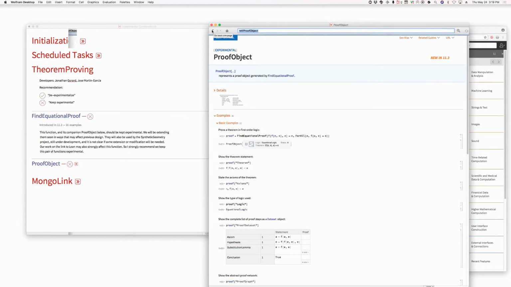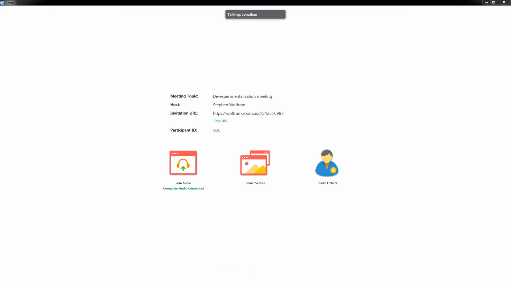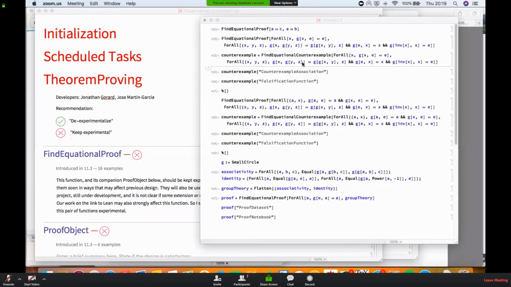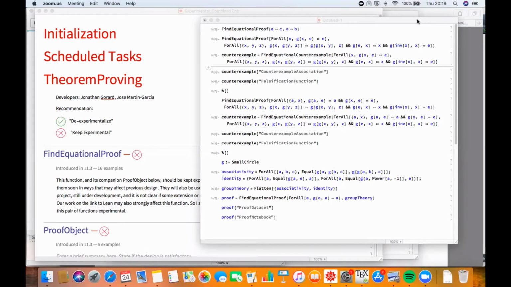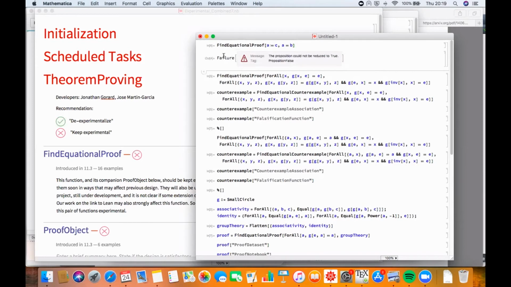Oh, that's interesting. And so if you want, I can show you the prototype of the counterexample object. Let's see it. I had no idea this was coming. This is cool. Yeah, I haven't worked on this for about a month or so, but here we go. At the moment, if you have a statement that is just obviously false, it will return a failure object. But if it's something that is false but can't be easily reduced to false, it will just hang.